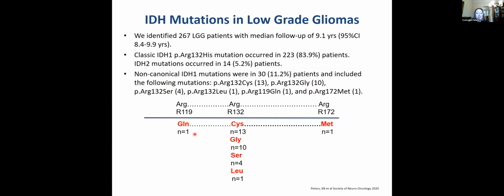And this is our breakdown. In addition to seeing that most of our patients had this classical mutation, which was really 84% of our patients, we did find different mutations across the gene. So you can see here, some are at the R119 codon, some at the R172, and then the R132 could be mutated, but maybe to a different type of moiety